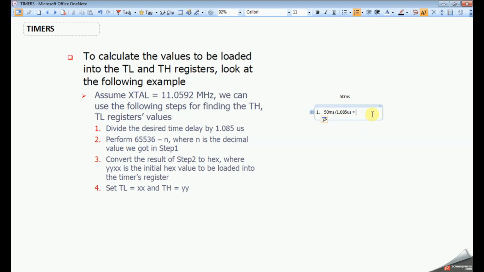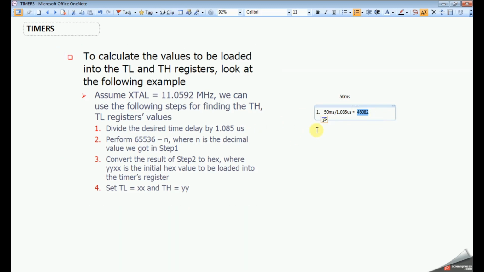If you calculate this, it gives 46082. I already calculated, but if you want, you can calculate. So 50 millisecond means 50 into 10 power minus 3, divisible by 1.085 micro means 10 power minus 6. If you do this math, you will get 46082.